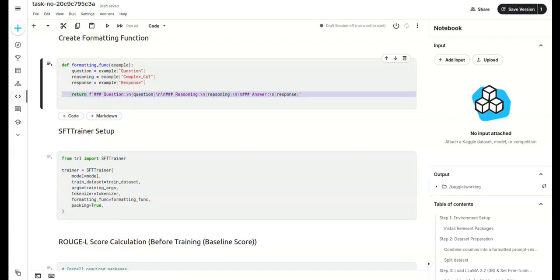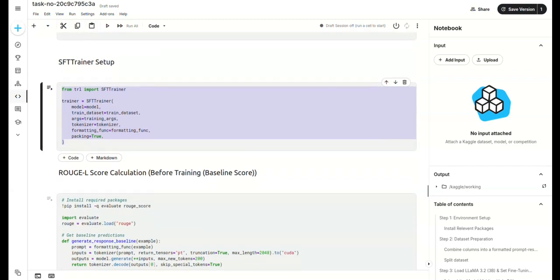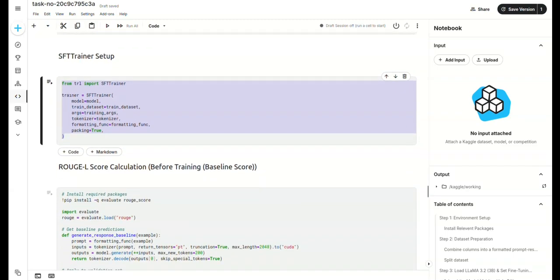We will later pass this function into the SFT trainer, allowing it to automatically format examples during training. Now, let's move on to setting up the SFT trainer, which is part of the TRL library and stands for Supervised Fine-Tuning Trainer. We pass in the preloaded model and our tokenized train dataset along with the training arguments that we configured earlier.